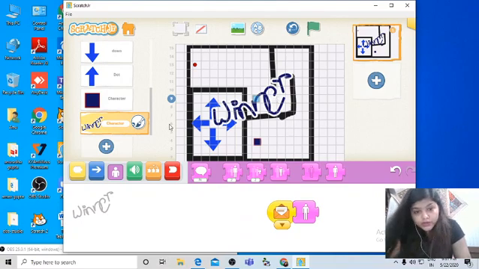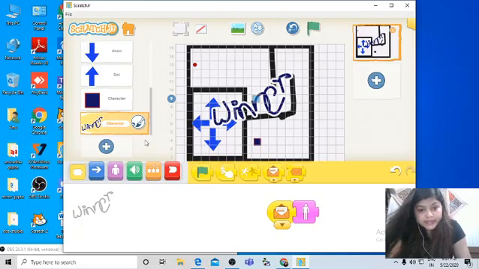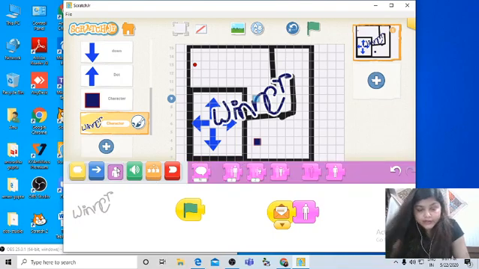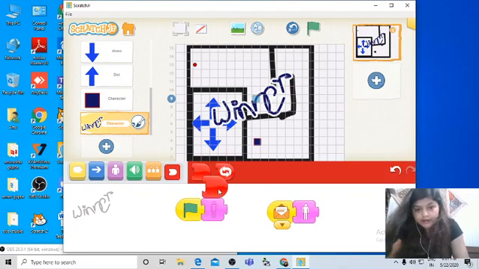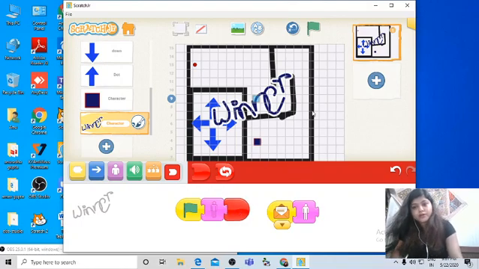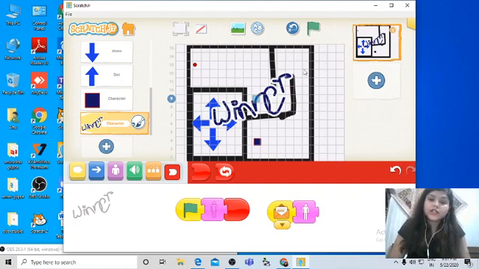So how are we going to hide? When the flag gets clicked, we need to hide it. So I'm taking this hide. So the moment you run the program by clicking on green flag, the winner message will disappear. And when will it appear back?